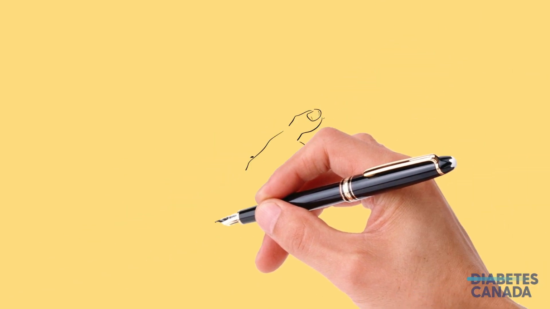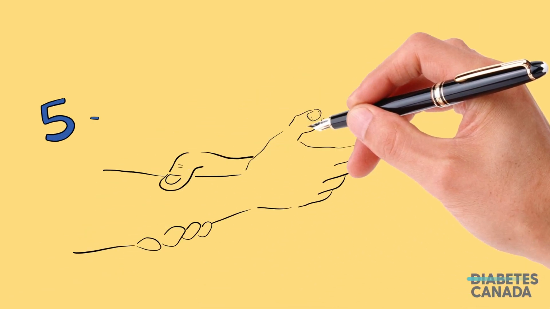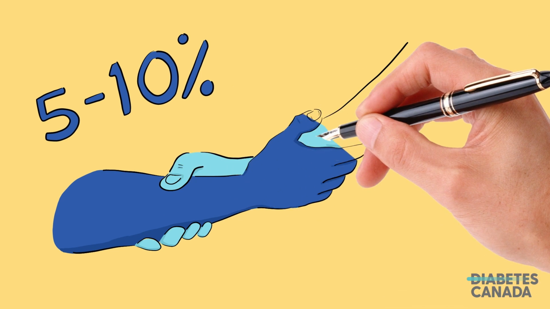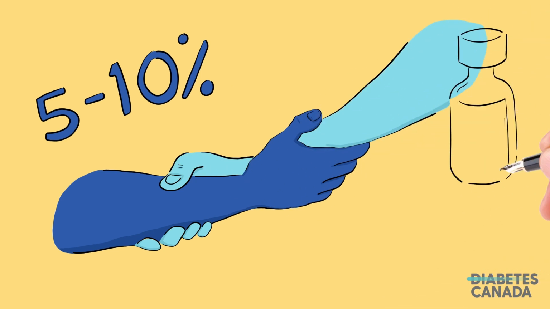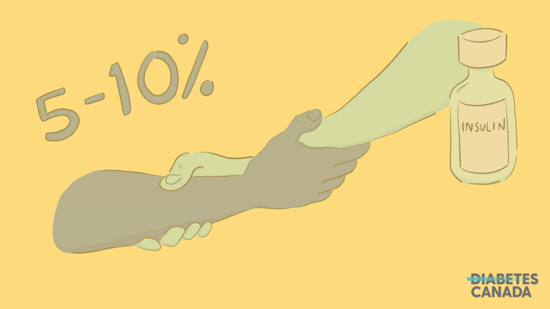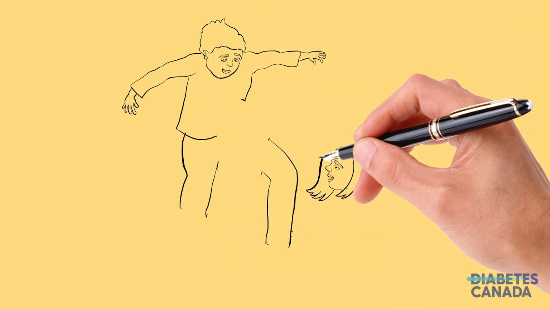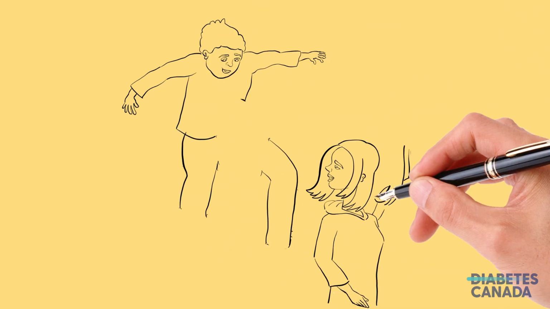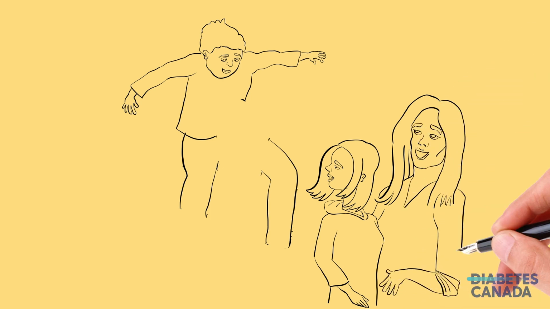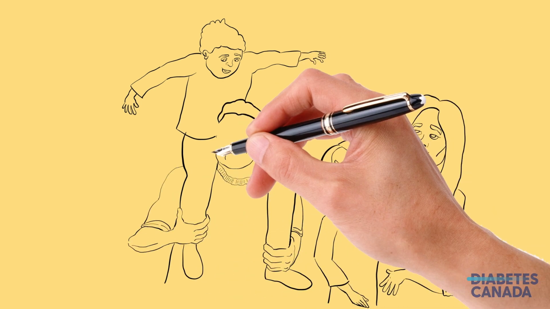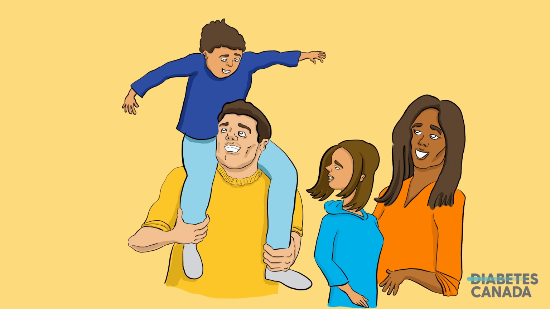This is an autoimmune condition that accounts for about 5 to 10% of all diabetes. And in these cases, people are unable to produce insulin. That's why you may have also heard it described as insulin-dependent diabetes. It used to be referred to as juvenile diabetes because type 1 diabetes generally develops earlier in life, in childhood or adolescence, though we know that people can be diagnosed with type 1 at any age, including in adulthood.